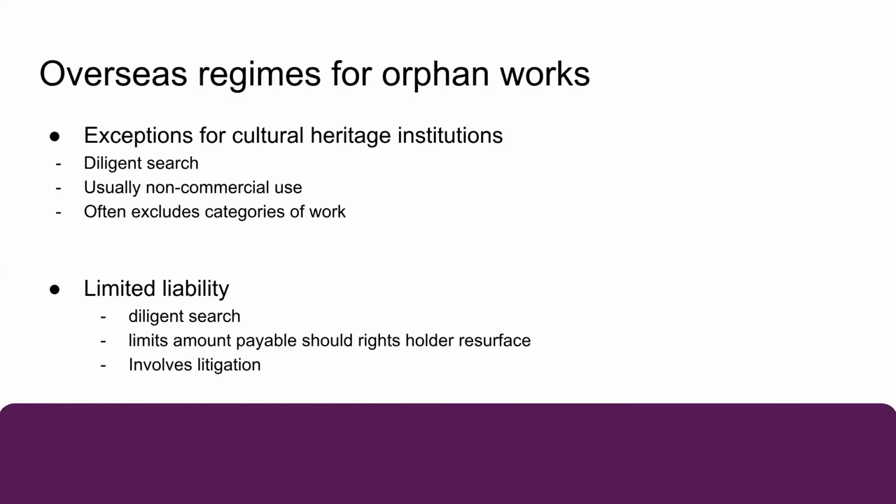What happens is, after completing a diligent search, cultural heritage organisations of the type I've just mentioned may make orphan works accessible to the public and may copy the work for the purpose of digitisation, preservation, cataloguing or indexing. The exception only covers the use of literary works, cinematographic works, audio-visual works and sound recordings across the EU. So it doesn't include standalone artistic works like photographs, maps, plans and drawings, although if an artwork is embedded in a work that's covered by the directive, like in a literary work, it'll be okay.